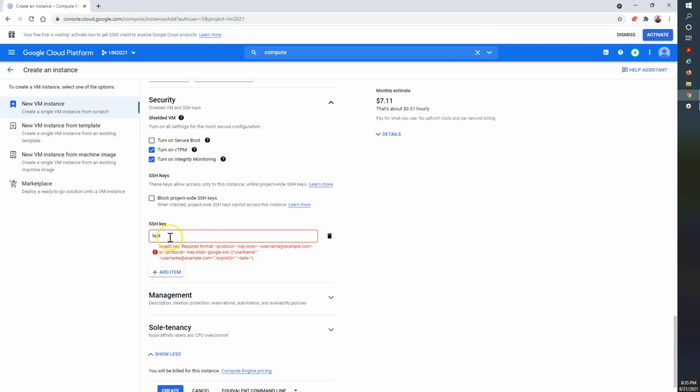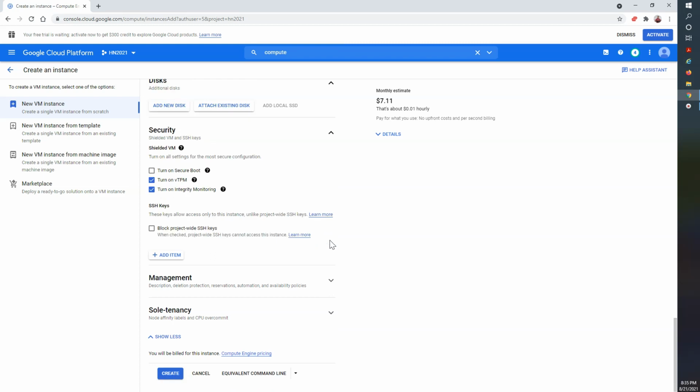Okay, so basically you have to attach your SSH key, and since we don't have an SSH key, we could not attach it here. But we can create our SSH key locally and paste it here. If you want to create an SSH key, you simply use the RSA command, which is used for SSH key generation. Here we don't have any SSH key, that's why we are skipping this point.